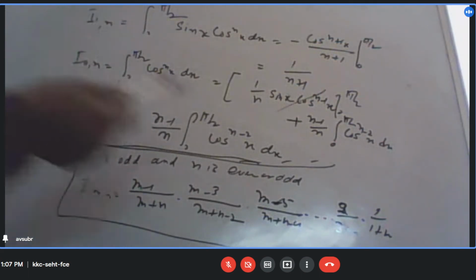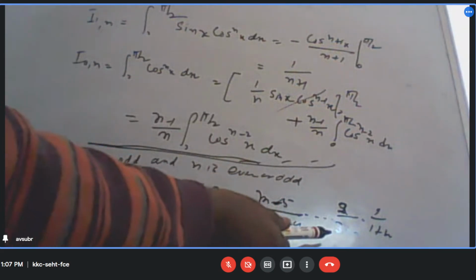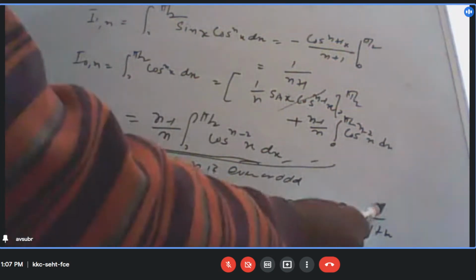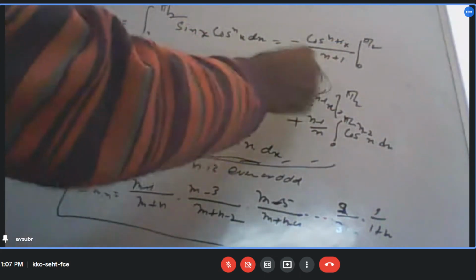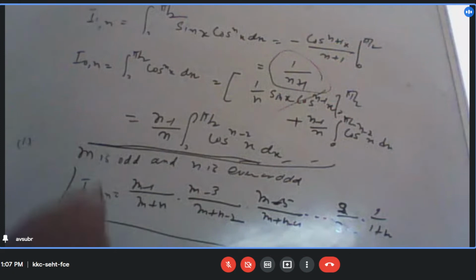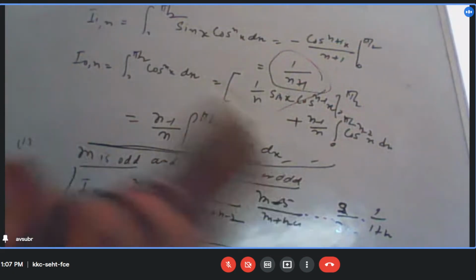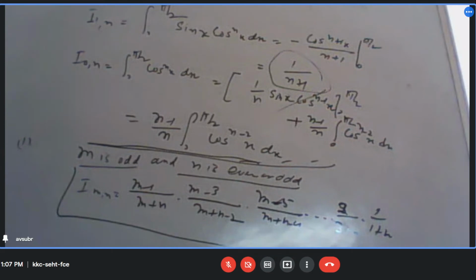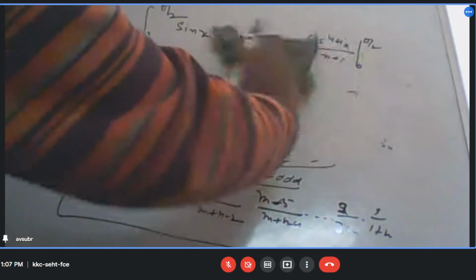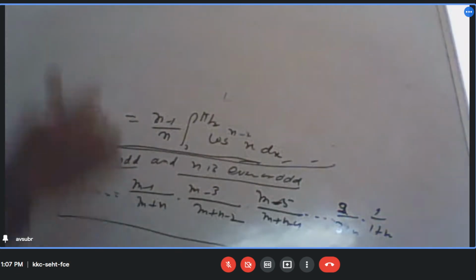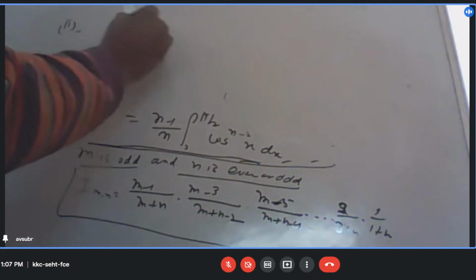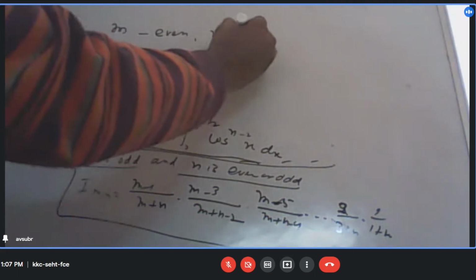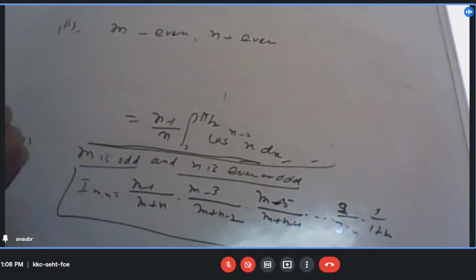Just now we saw 2 by 3 plus n, right? Yes, sir. Into 1 by 1 plus n, this one. In which case will this be? When m is odd and n is even or odd. Okay? And the second case is when m is also even and n is also even. Okay, so in these two cases